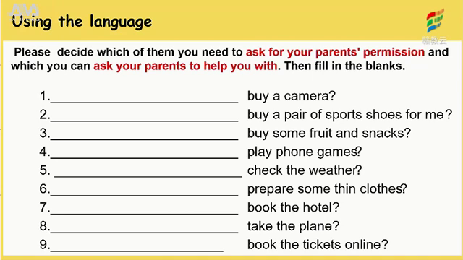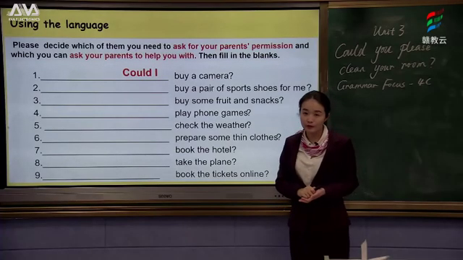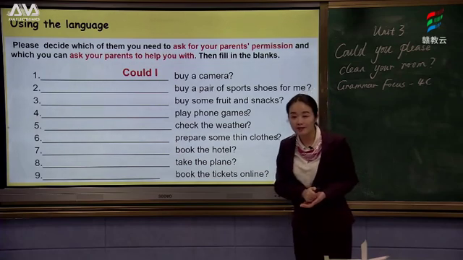Boys and girls, have you finished? Now, let's do it together. Now, you want to buy a camera. So you can say, could I buy a camera? And number 2, you want your parents to buy a pair of sports shoes for you. So you can say,